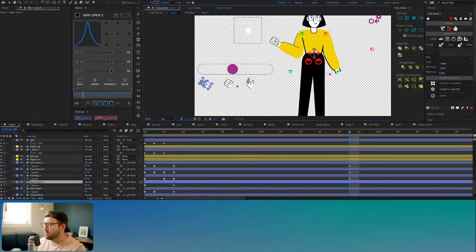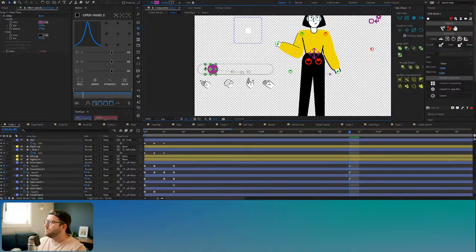Open hand should be over here. So there you go. So I know from right here, right here, right here. I don't know why that one's disappearing, but